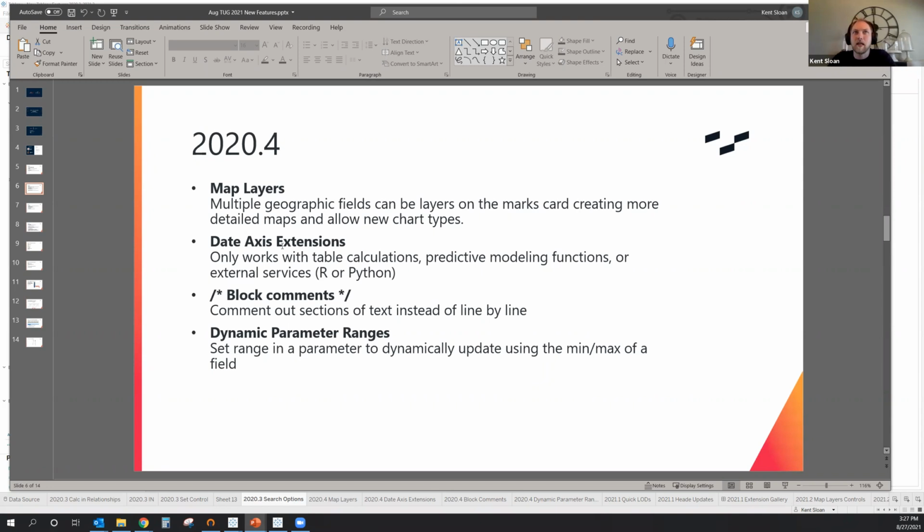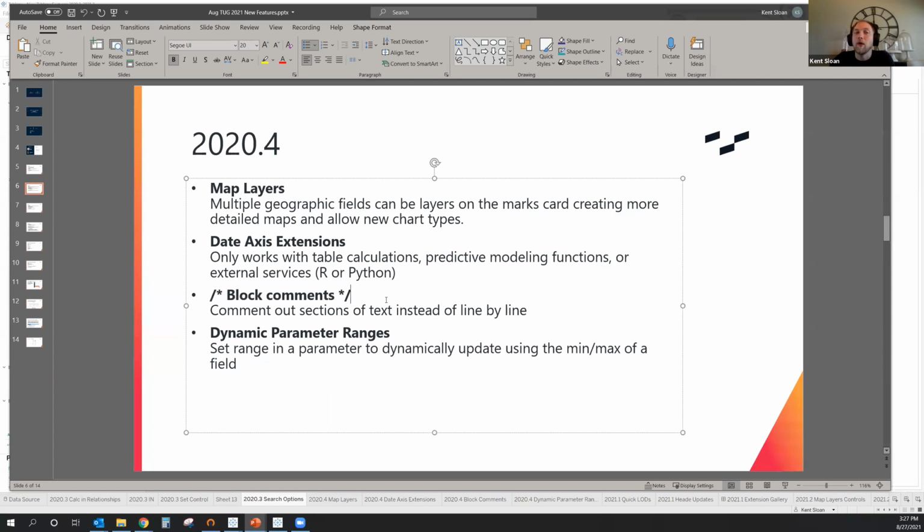Date axis extensions is one that I would say very rarely will I expect to use this one. But it's kind of interesting that in some situations you can extend out your date axis and control how far that goes. The one that is really exciting for those of us that are calculation nerds would be the block comment. So this is one that I'm really excited about.